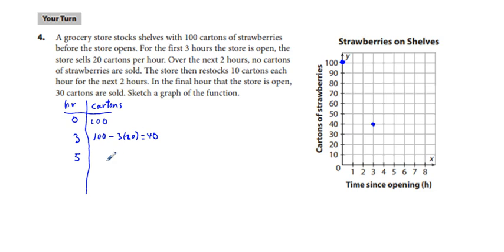And so we have 40 plus 10 cartons stocked each hour, and we have 2 hours in the interval. So we're going to have 60 cartons. So here we are at hour 5, we have 60. And finally,